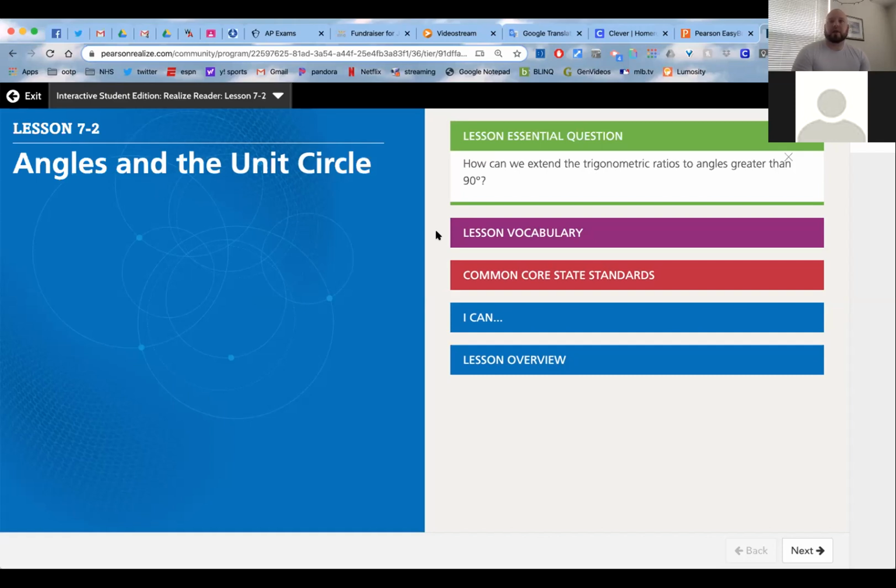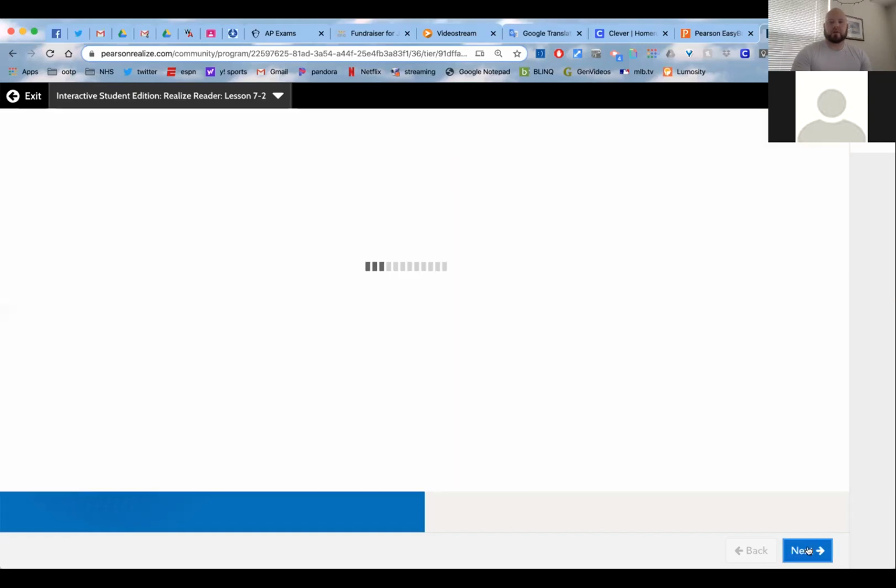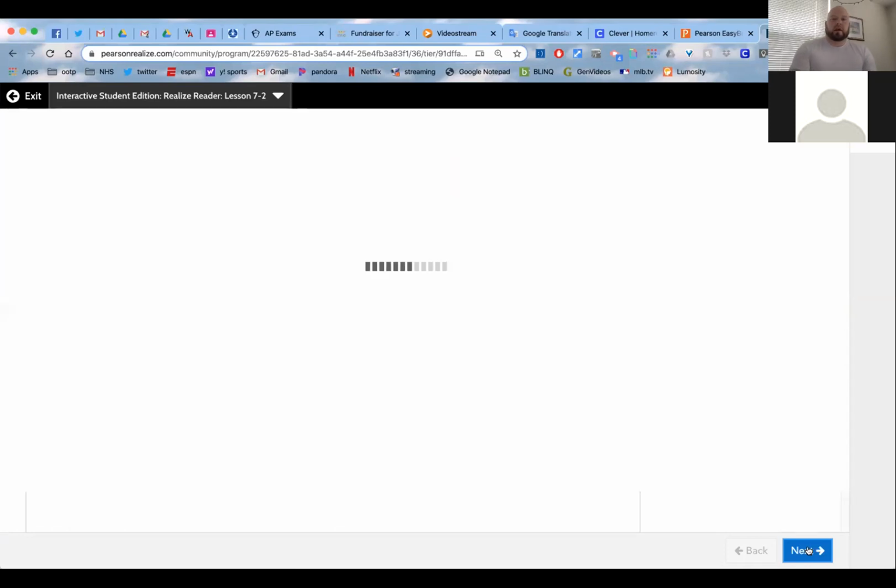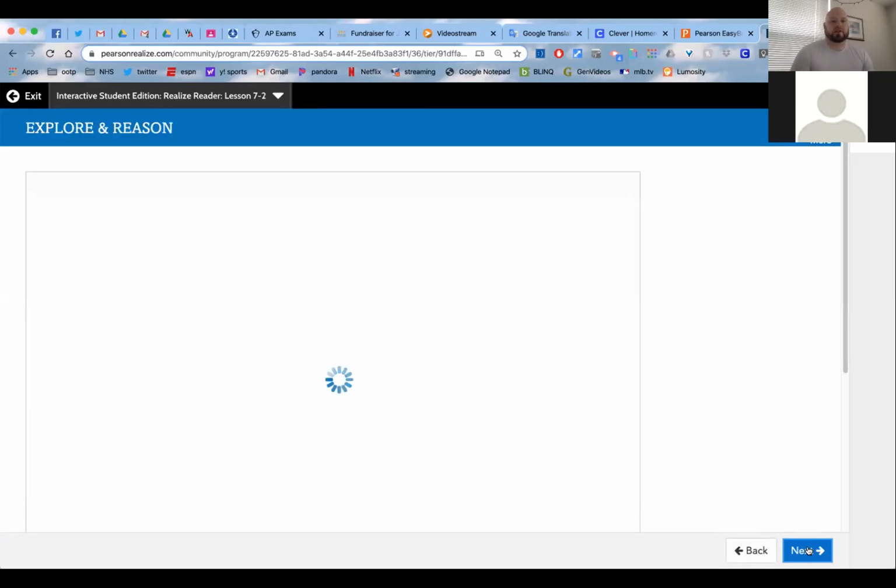But the common theme of last week's lesson was that we were looking at triangles where the angles were acute angles. Today's lesson is about angles that are more than 90 degrees and how you can work with them. So we're going to jump into a warm-up first. And once this loads,